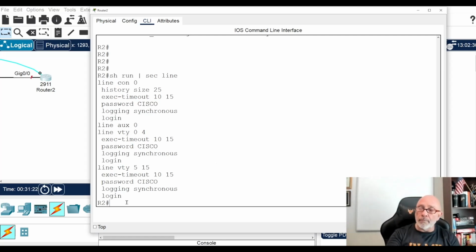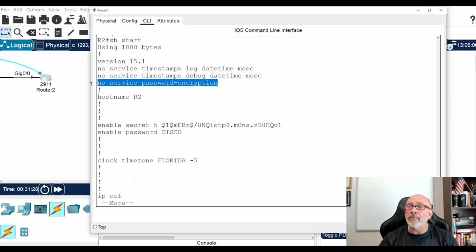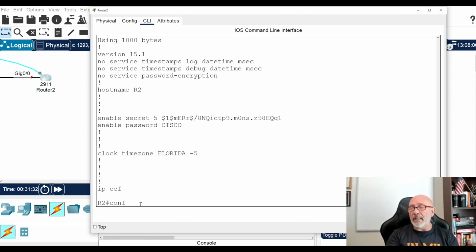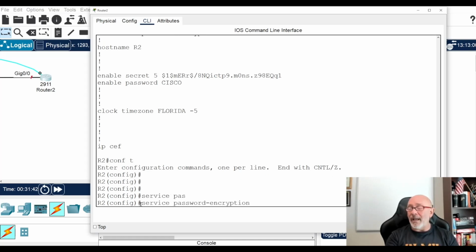So what you do, let me do a show start again so you can see it. This guy's turned off by default, right? So you want to turn that on. So you're going to do config t or conf t. If you type enough of the command, the router will know, or switch. And then you're going to do service password-encryption.